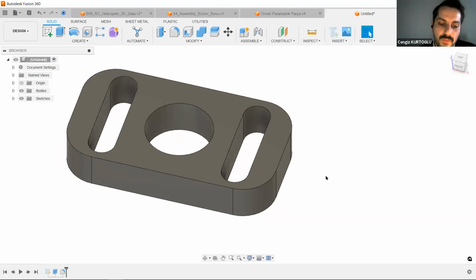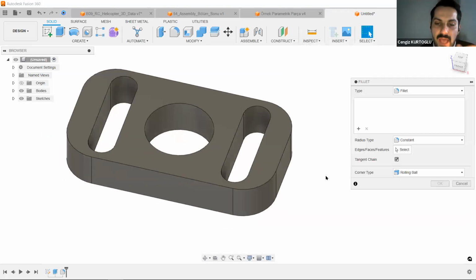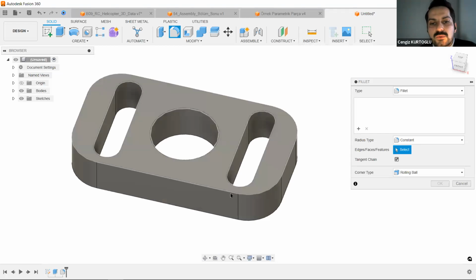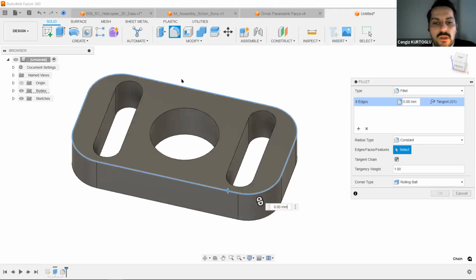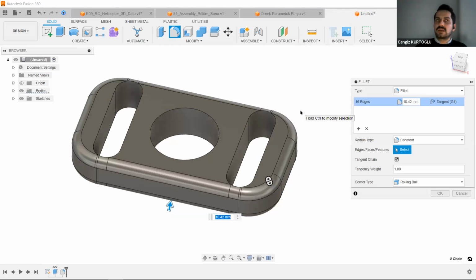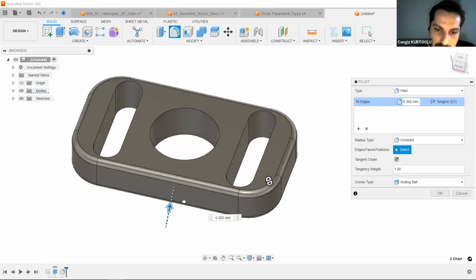I'll push the F button to open the fillet. I just want to add some fillet in this section, these two edges. Normally, D9 is 40 millimeters. So if I add D9